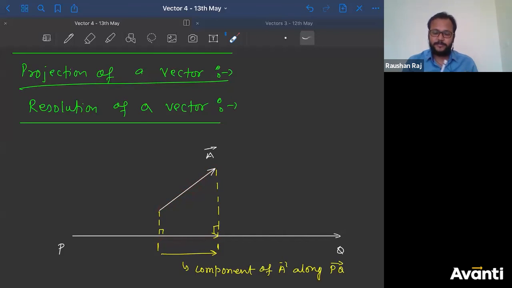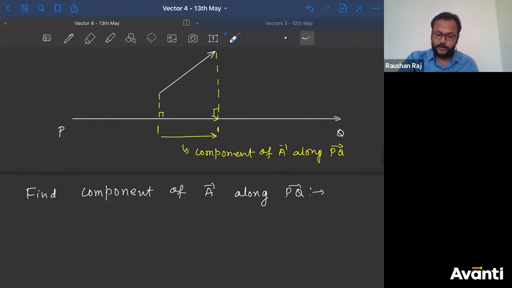ठीक है. आप अगर लाइट घर में हो तो ये experiment कर सकते हो, एक टॉर्च लेने का. If you are having a vertical wall, then on the vertical wall just light a torch. ठीक है. And then take a pen, and try to see if it is exactly perpendicular, then this shadow will be exactly perpendicular. Then try to move it like this, and you'll see the projection on the wall will also change. The shadow will also change. So the shadow is called the projection of this particular A on the PQ length. ज्यादा उसमें मत जाओ, सिर्फ देखो projection कहते क्या है and what is the component.